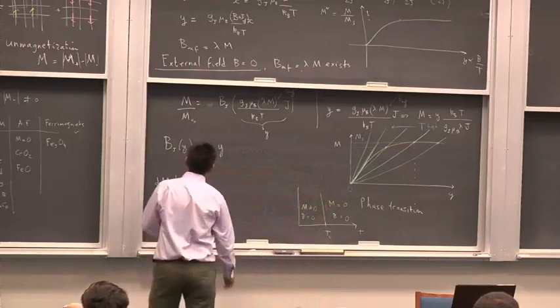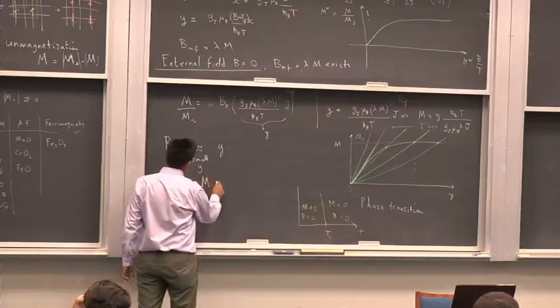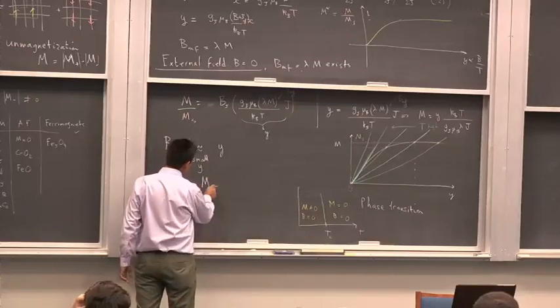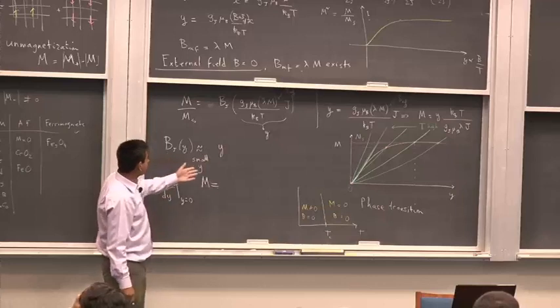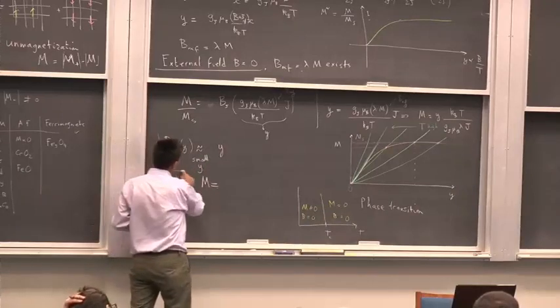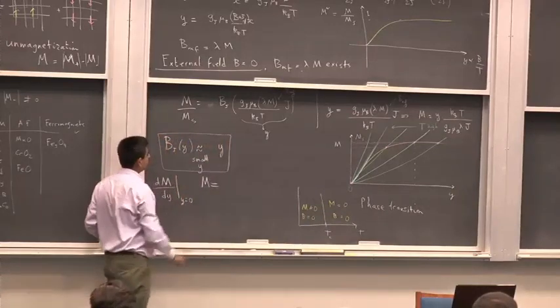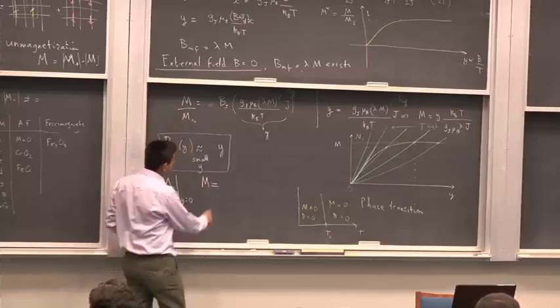Right? So m equals ms, right? The zeroth order expansion is just equal to y, okay? So we know this, the lowest order expansion. Now from this equation, m equals ms